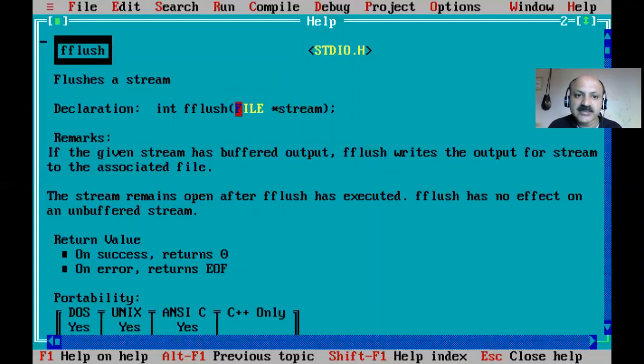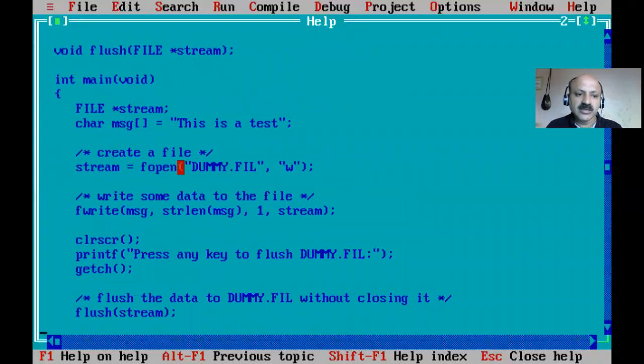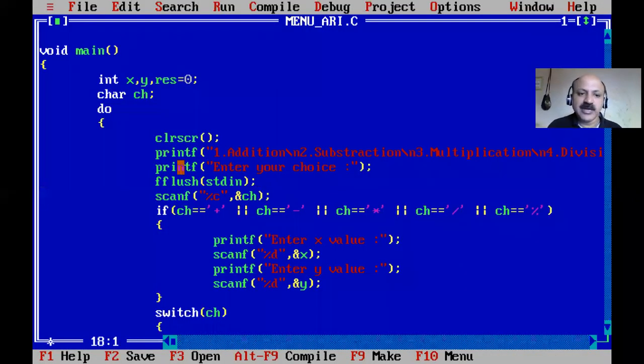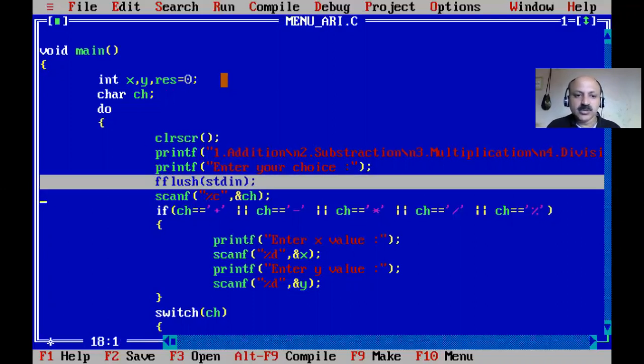A stream is a collection of bytes of a file. There is also a data type and an integer return, that is the return type, and fflush flushes a stream. So whenever we scan a character, like character ch is our choice now, with the character data type, at that time we should provide it because otherwise we can disturb the whole program when scanning the character data type. Then normally, like taking a constant to print, like capital A, you can scan it, or print the constant value, but you should provide the fflush function, otherwise your program is totally disturbed.